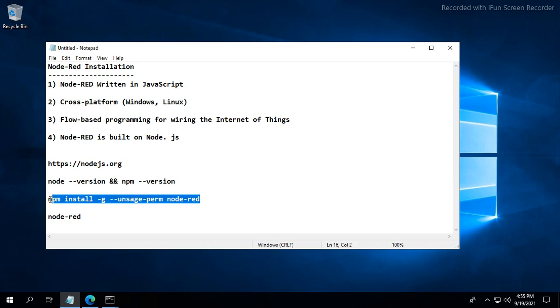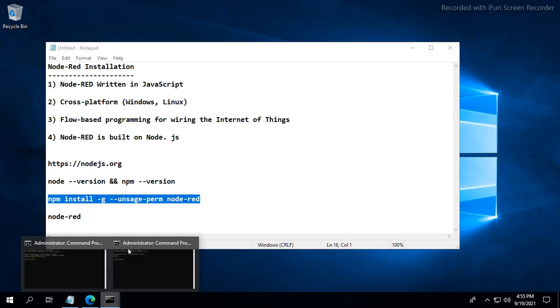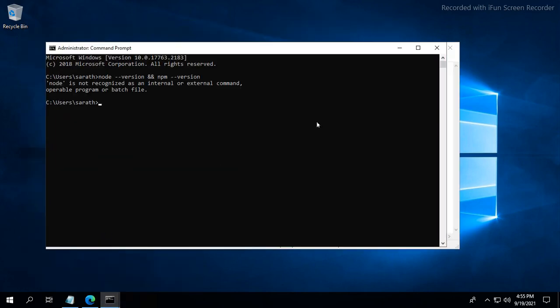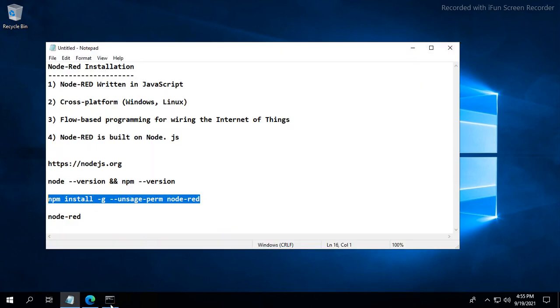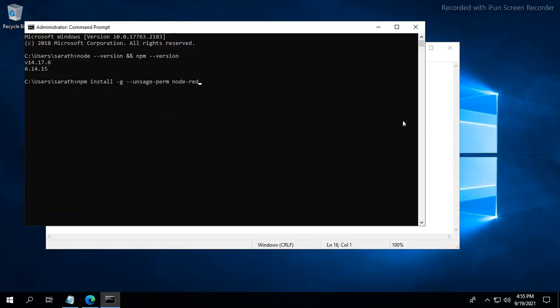To install Node-RED, we can use this command in the command prompt. So Node-RED has started to download and install. The files are downloading to install.